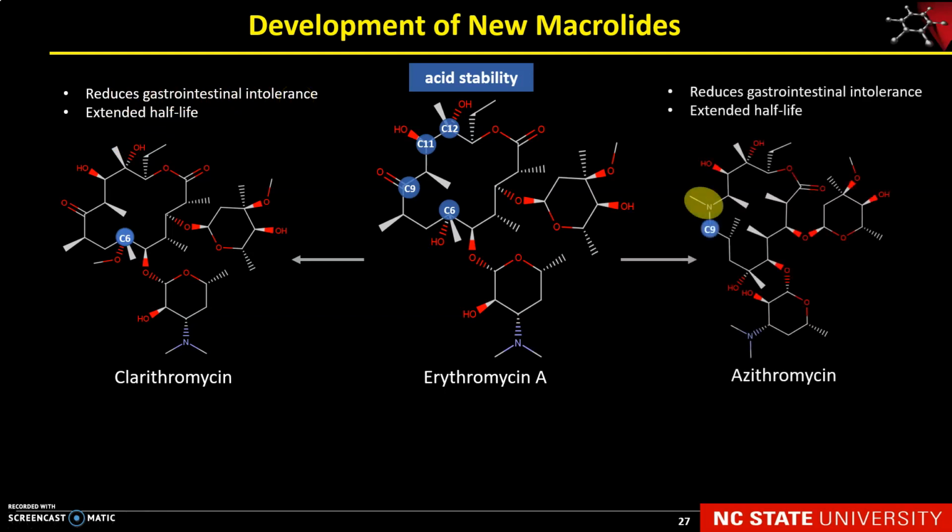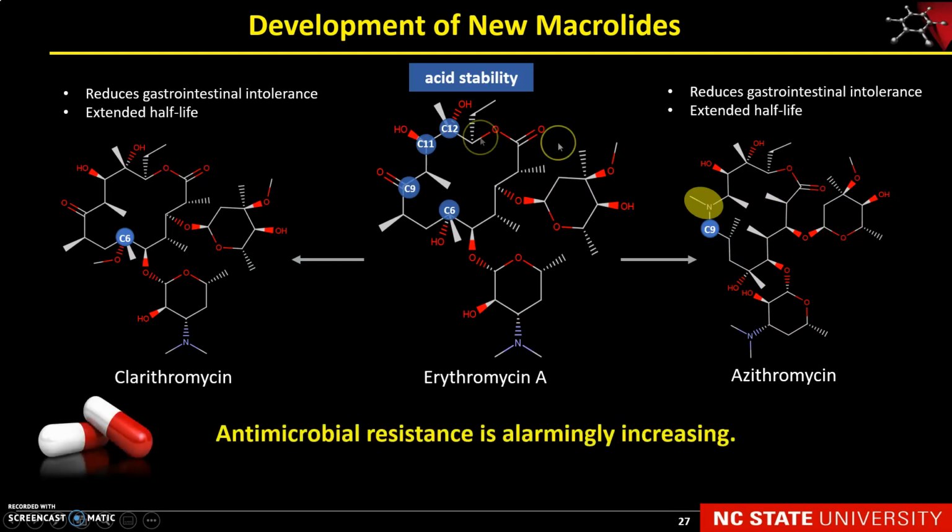Another important finding is the development of azithromycin. So they changed at C9 and introduced a tertiary amino at this particular position and made it a 15-membered ring. And this is just a minor modification, but in terms of pharmacokinetic properties, it went a long way. It has higher potency, it has reduced side effects, and it also has a much better half-life in comparison to erythromycin as well. And even these compounds nowadays are facing antimicrobial resistance,